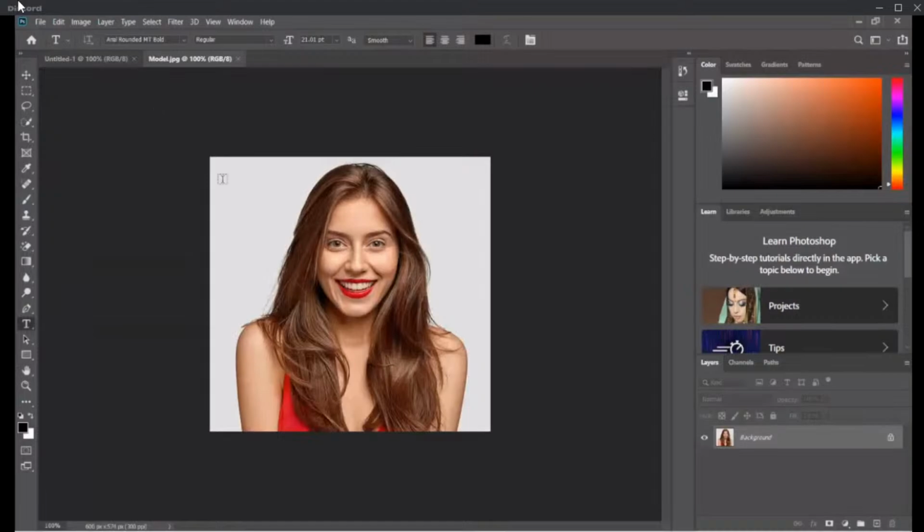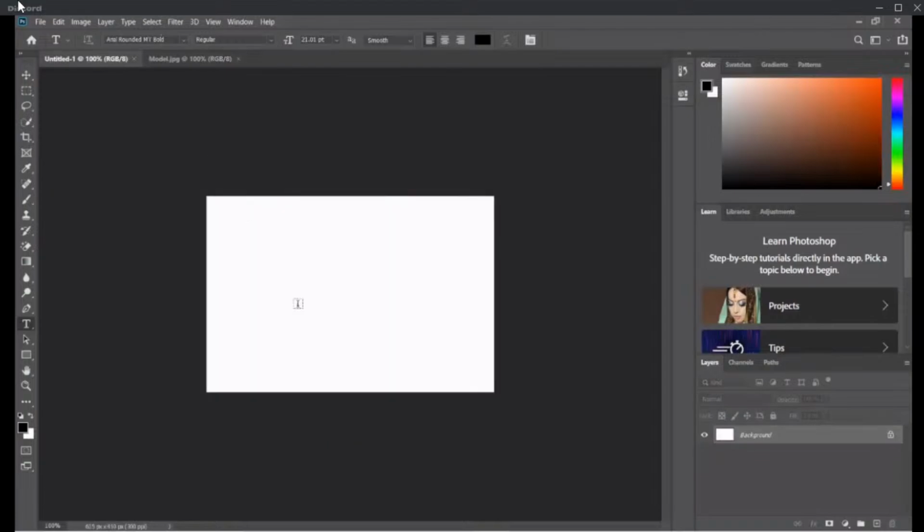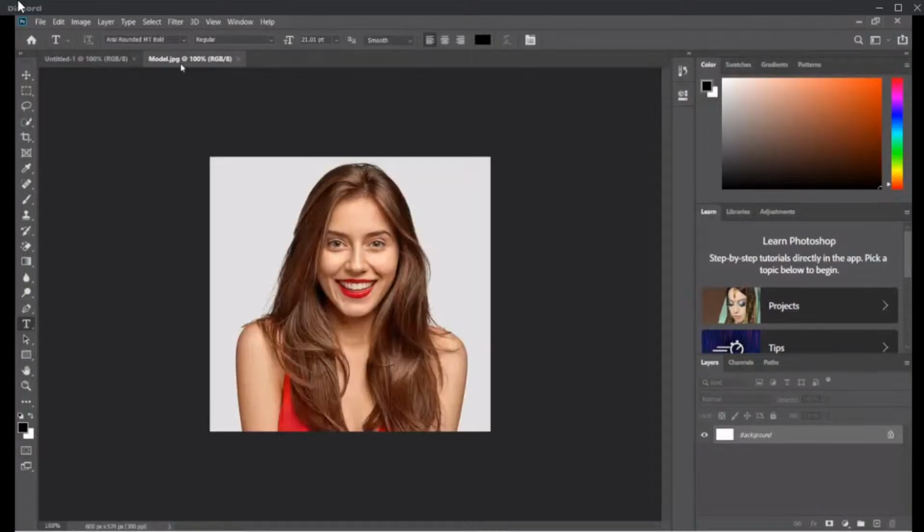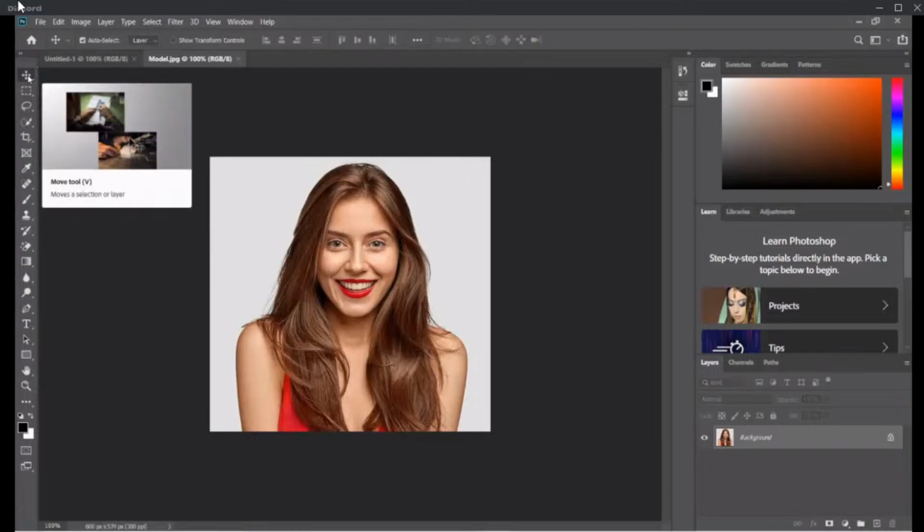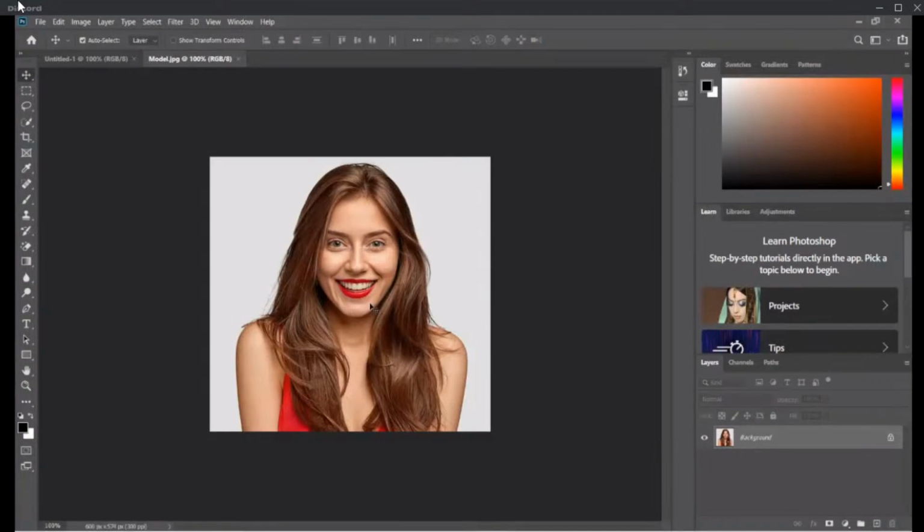This picture actually opens in another tab, as you can see over here, with the name of the file that I had saved. In order to move this picture to this particular tab, because this is the canvas where we're working on, just click on this, and now this is where we'll start using the tools in Photoshop. The first tool that you can see over here is the Move tool. The Move tool is basically used to move all these pictures and all the layers that you can see over here. So just click on this and